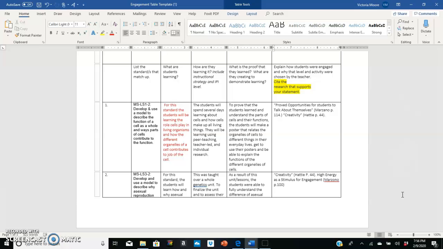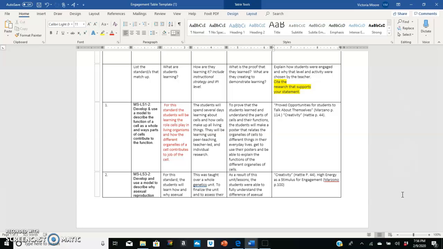So the first standard I hit was MS-LS1-2: Develop and use a model to describe the function of a cell as a whole and ways parts of cells contribute to the function. For this standard, the students were learning the roles cells play in living organisms, and also the roles that the individual organelles play in the cell and how they contribute to the job of the cell. So this was a deep standard that we spent several days on,